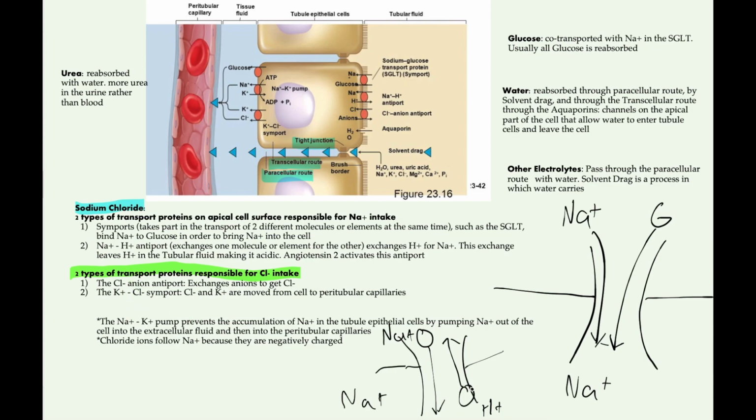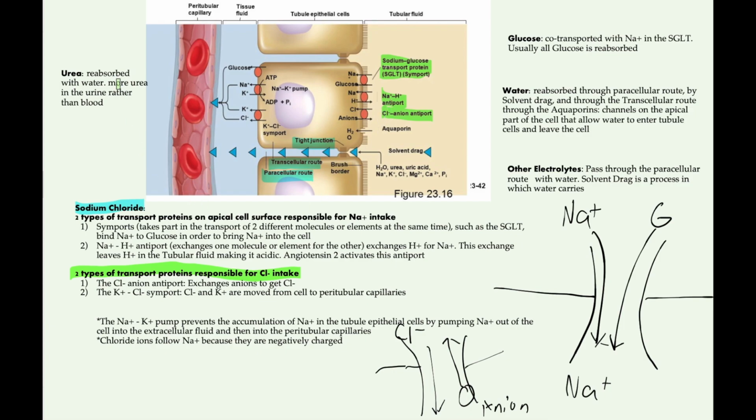Now, as we talked about, an antiport is just an exchange of one molecule for another. So to illustrate this, let's say this is our chlorine and this is our anion. There will be a switch. Since the cell wants chlorine, it'll exchange an anion and put it back into the tubular fluid. And this is the location of the chlorine anion antiport. This is the location of the sodium hydrogen antiport, and this is the sodium glucose transport protein, also known as